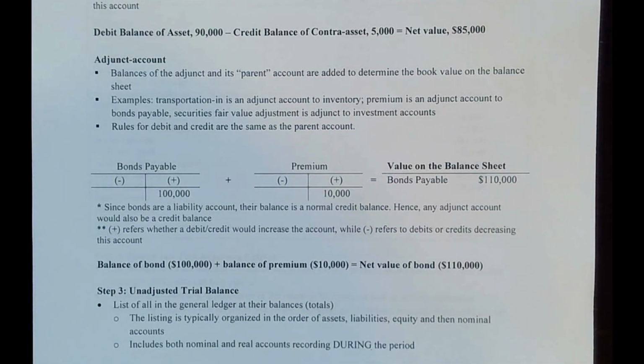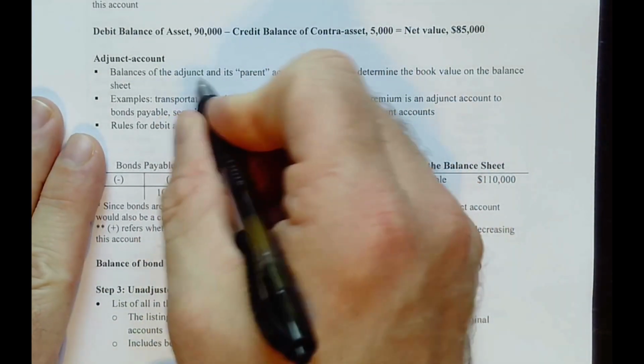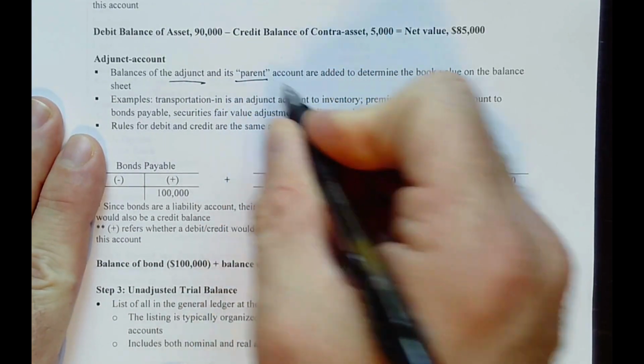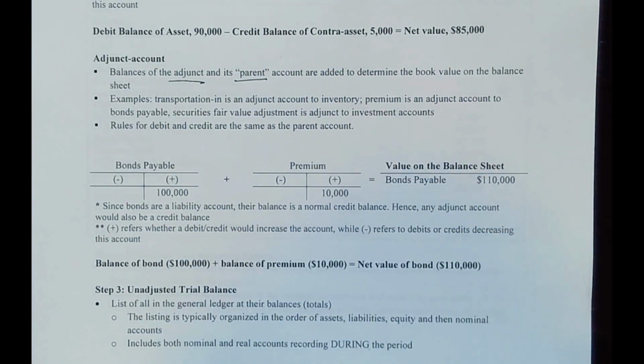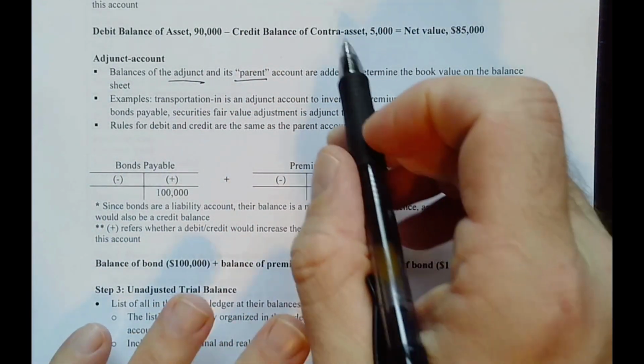Now we're turning our attention to these adjunct accounts. Just like a contra account, an adjunct account has to be tied to a parent account. The only difference between the adjunct and its parent, unlike the contra, where the contra reduces its parent account,